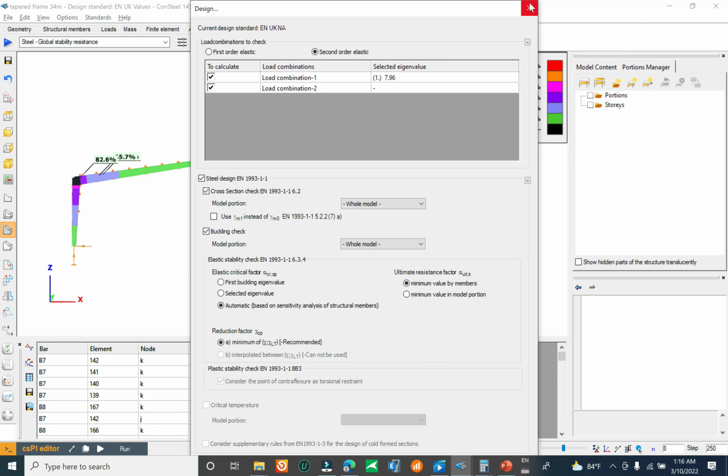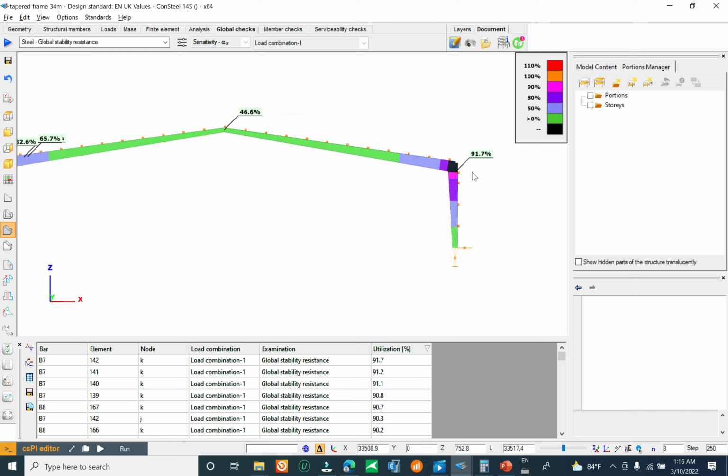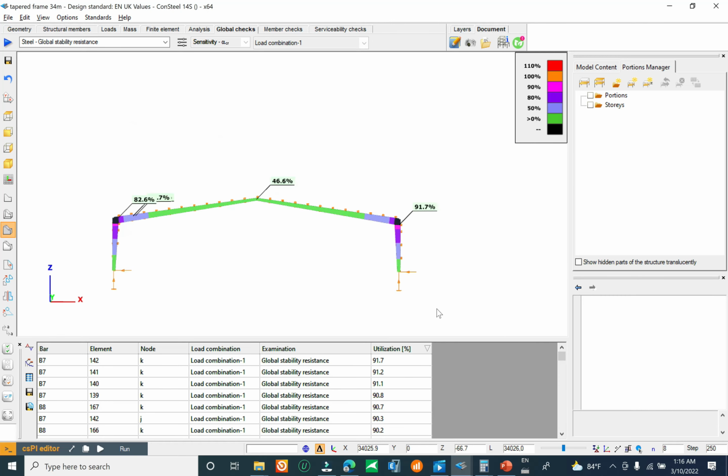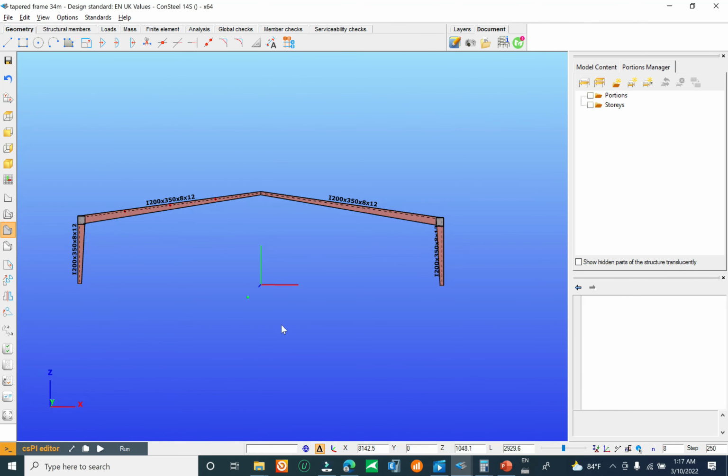Okay, you can see here the maximum ratio is 91.7, okay, and the location 91.7, and the control design is global stability resistance for the taper section,